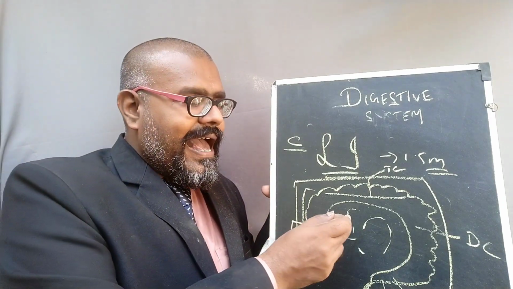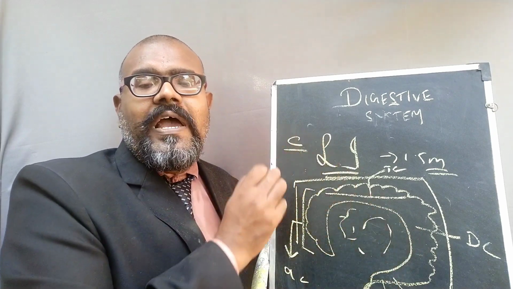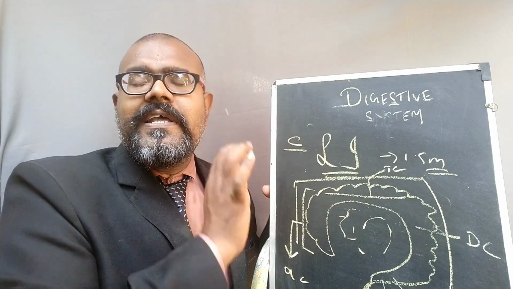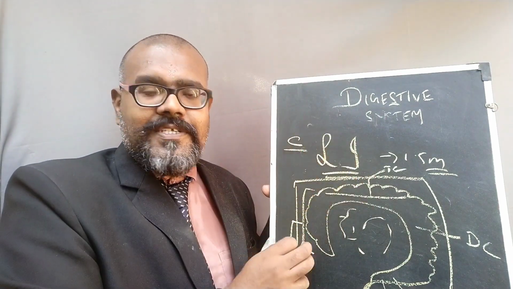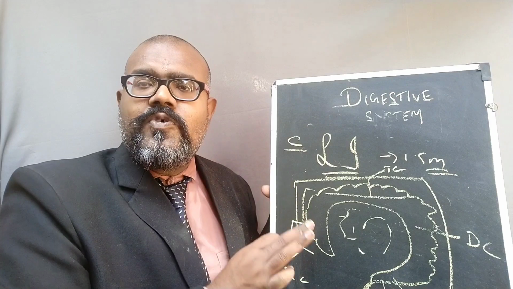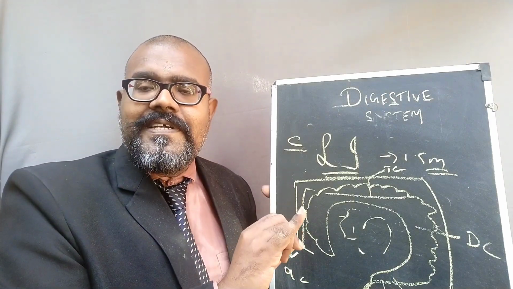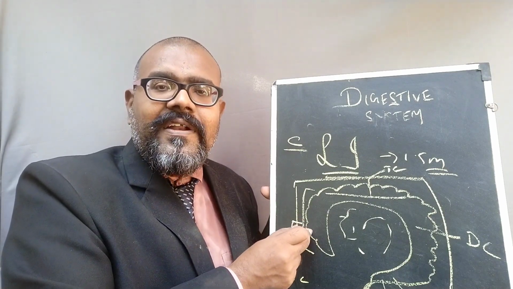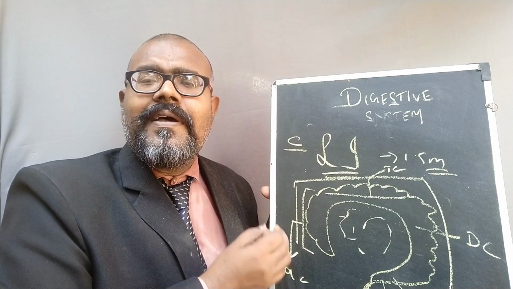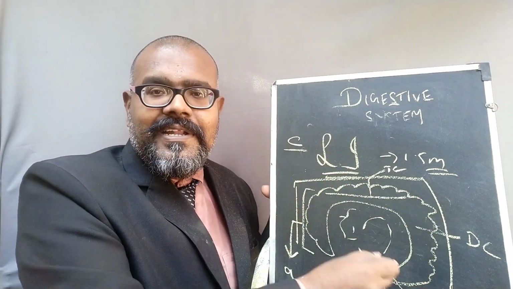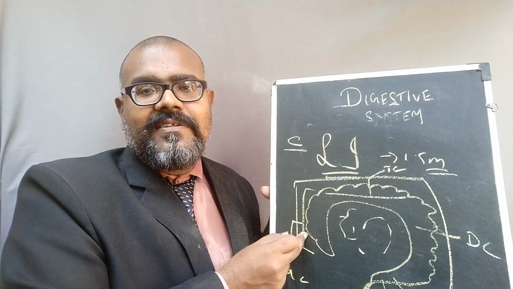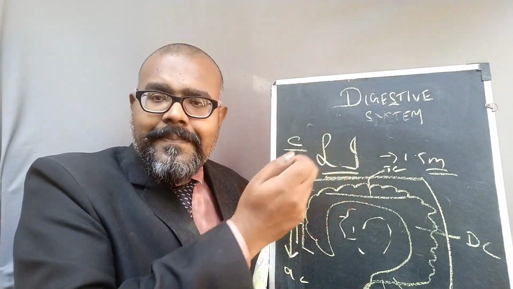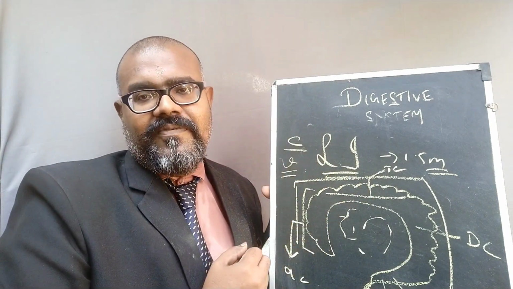Absorption also happens in the large intestine, though not like in the small intestine. The small intestine is primarily responsible for the absorption of nutrients, but the large intestine absorbs only two things: water and bile salts. The water and bile salts are absorbed from the food material that passes from the small intestine, in the colon region. The colon also contains some small villi, which are responsible for absorbing the water and salts from the food material.